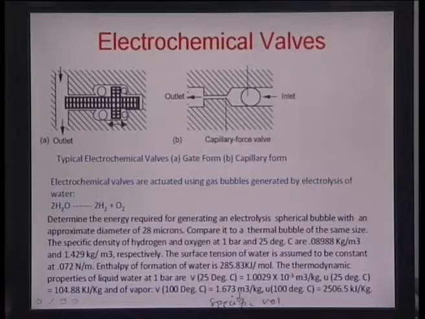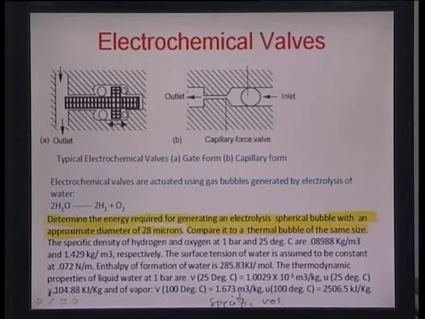So therefore we always look for rather non-conventional systems for doing actuation at this scale. Let us do this example here. We have an electrochemical valve as we just described above, which is based on the principle of electrolysis of water. Essentially, we have to determine the energy required for generating an electrolysis spherical bubble with an approximate diameter of 28 microns, and compare it to a similar bubble generated by a thermal mechanism, which generates it by evaporation of water